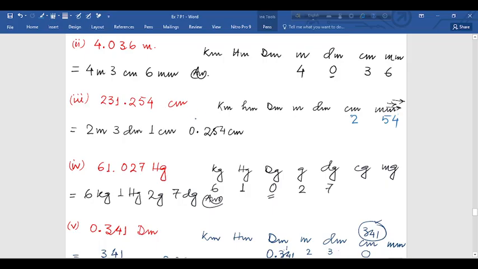And this 231, this 1 should be here and 3 here and 2 here. That is, this answer should be 2 decameter, 3 meter, 1 decimeter,